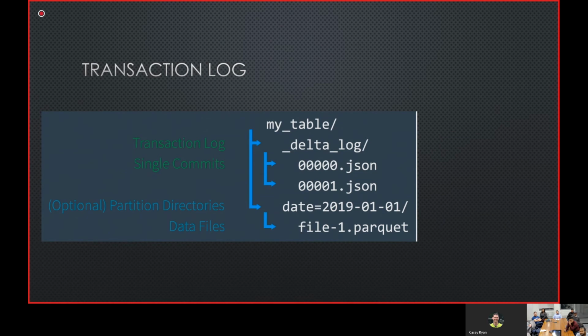So the transaction log is how it keeps track of everything. If you see this, you can see the different commits that come in with the Delta log. And those different versions of the JSON is what the Delta APIs will read in your Spark query. So it knows what the most recent Parquet file is, or it'll know what version to query when you're doing a time travel query.